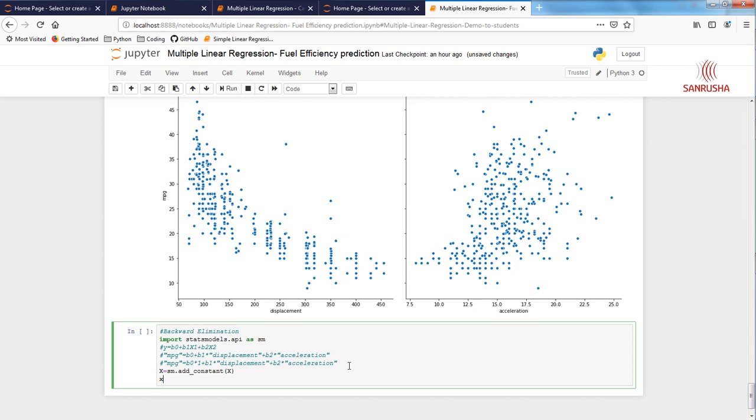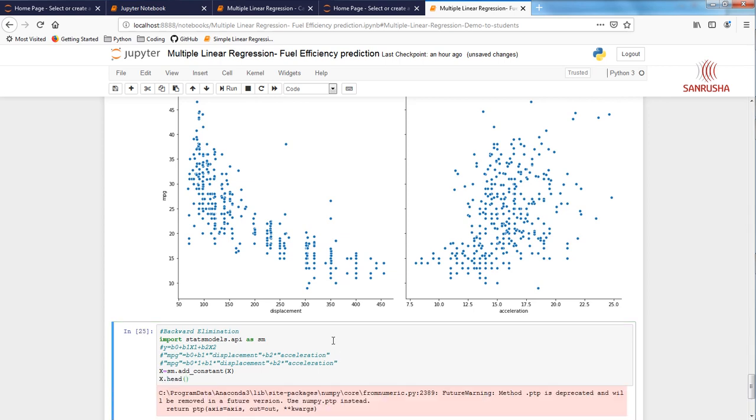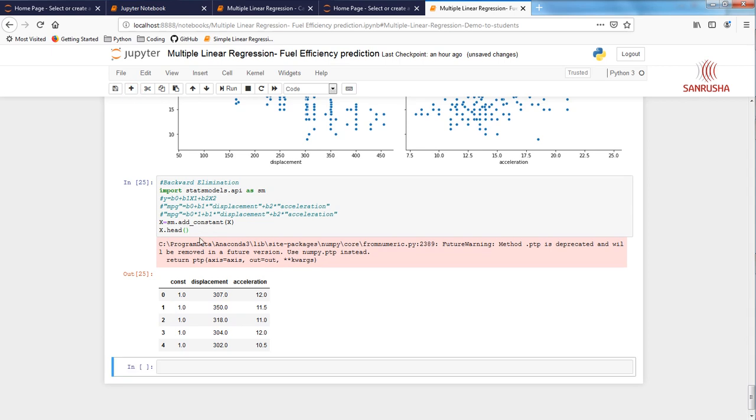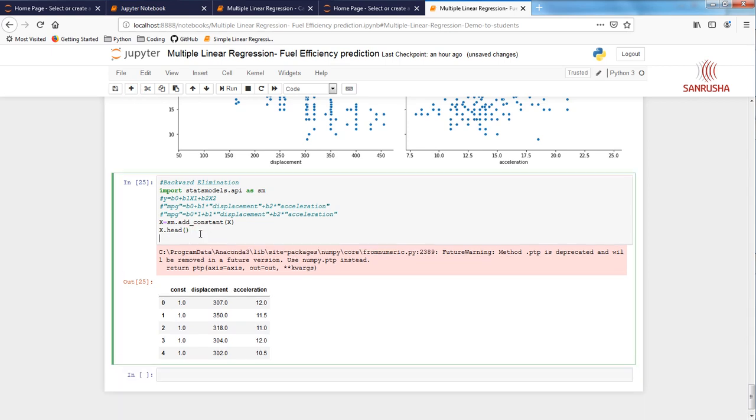Let's print x and then you will understand. Over here, it has added one more feature called constant, and it has put these values 1 1 1 1. Constant, displacement, acceleration, right? Good to go. Next, over here we are going to continue in this only. Let's comment this. Regressor_OLS, that's the name we are going to create.